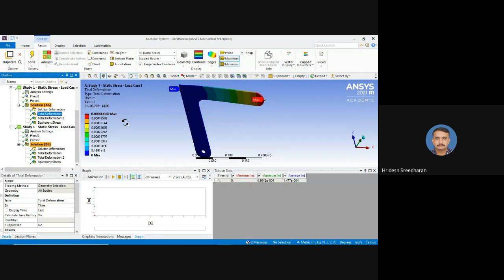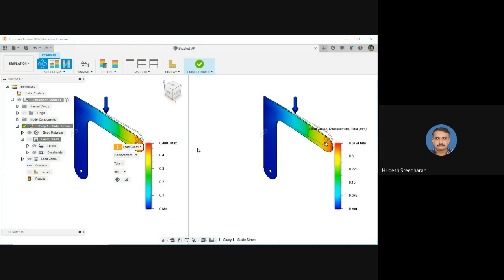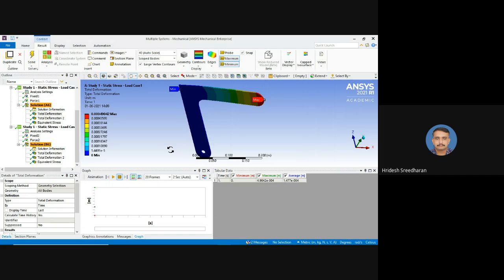The total deformation obtained in load case 1 is 0.49 mm. So what did we get in Fusion 360? We got 0.4887. So compared to Fusion 360, we have got, I think, a better result here, even without much refinement of mesh.